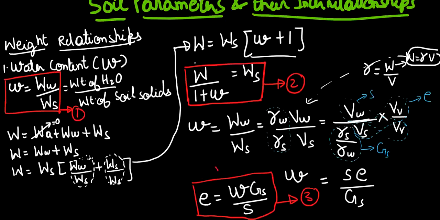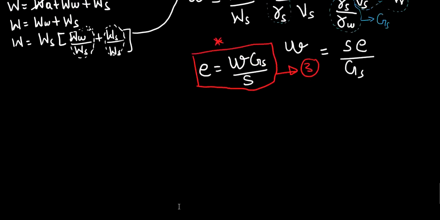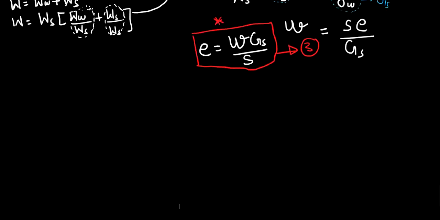Okay, this one is an important relation. You can mark it as a star. Now one thing you should also remember while applying this equation is, you see here the saturation is in the denominator. So if I talk about dry soil, if in the question it is given the soil is in dry state or the soil is dry soil,